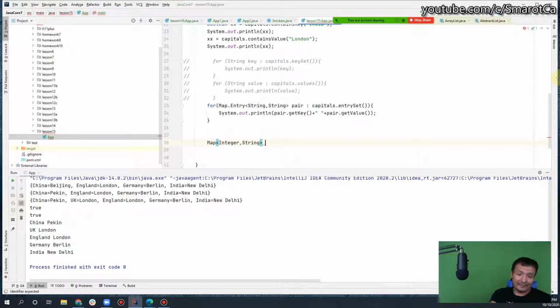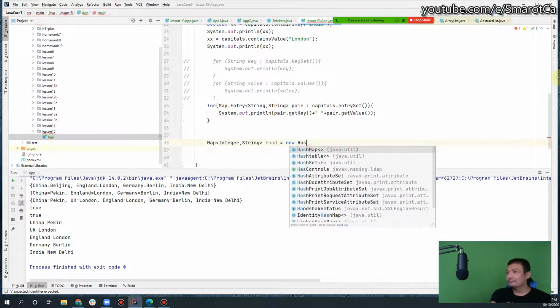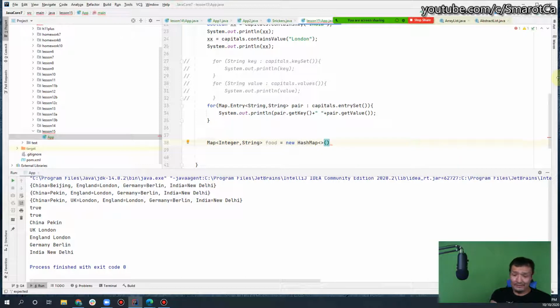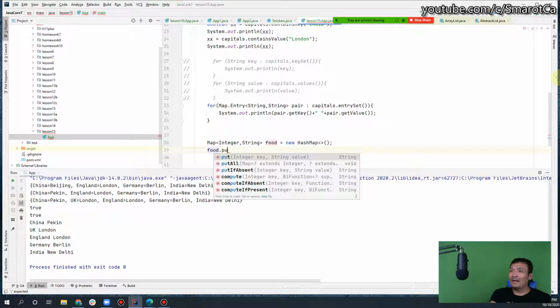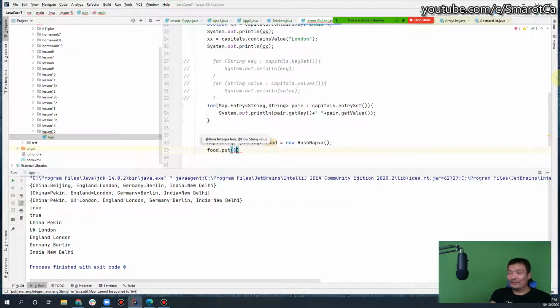I will call it food, for example. And I can add food to it, so I can do food.put, and something like 0, ice cream,